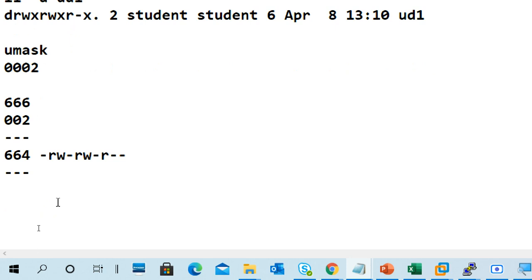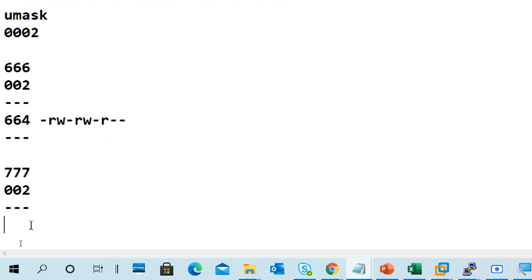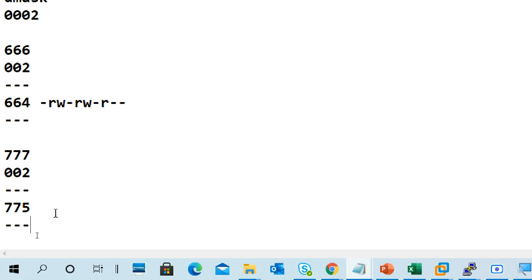Next, take 777 and the umask value, remove the first 0 and put the value like this. Now it's 775 after subtraction. What is the meaning of this? RWX, RWX, R-X.